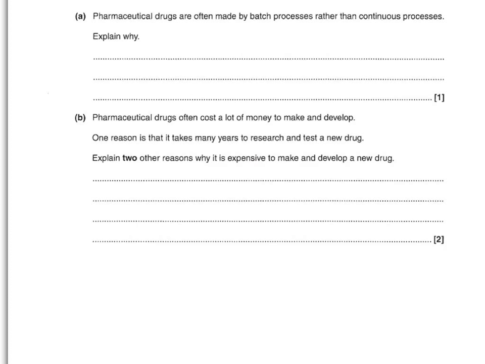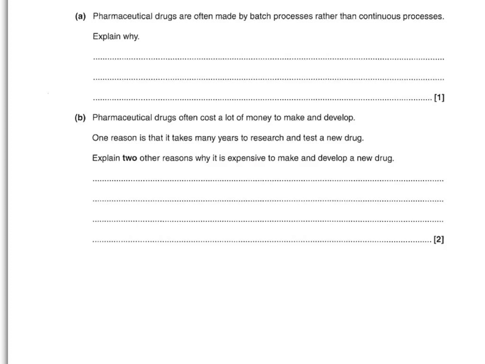So again, any 2 of the following. So you could say that it's more labour intensive, or you can say you need a larger workforce. Or you could say you need to have specialised workers, or you need to have trained personnel or trained workers, or you could say you have to employ scientists. You could say that you need rare raw materials, or starting materials are difficult to get hold of. You could say that less automation is possible, or you could say there's the